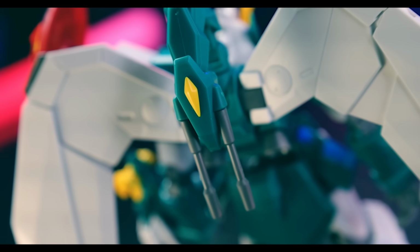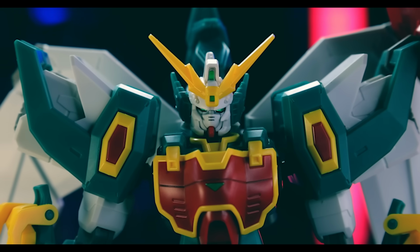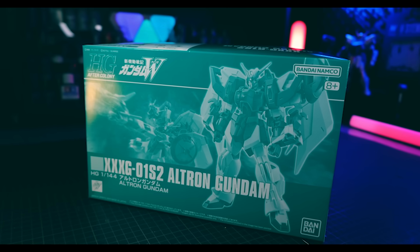Today I'm taking a look at the high-grade After Colony Altron Gundam from, of course, Gundam Wing. As you can tell from the color of the box, this one right here is completely green, which means